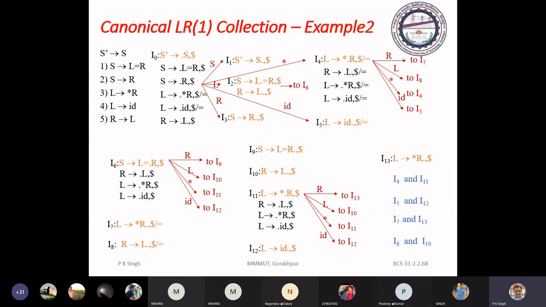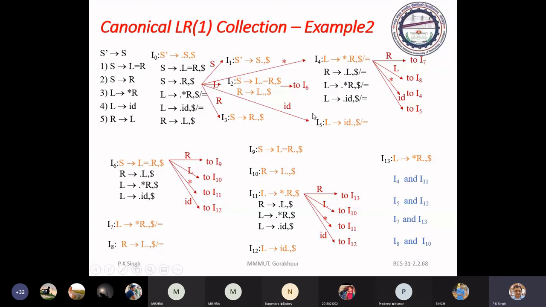Here you just see, L2 dot asterisk dot R. R is non-terminal, so you can add more closure item using the production of the grammar.